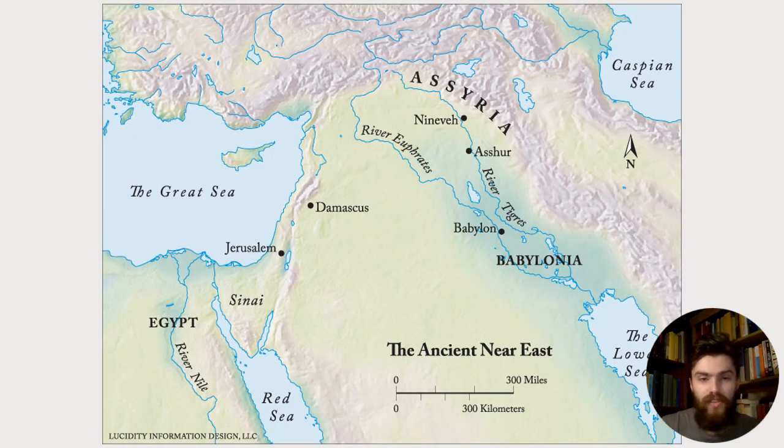And this is a map of the region. This is predominantly the entire world for the biblical authors, stretching from Egypt to the Caspian Sea in the north of Syria. You've got the Great Sea, or the Mediterranean Sea, and the Red Sea and the Lower Sea to the bottom. Obviously, what we would call the Gulf of Aqaba, the Red Sea, the Mediterranean Sea, all of these things. This, however, is the extent of the biblical world, predominantly known nowadays as the Middle East or the ancient Near East. And this is the context in which the Bible is set.